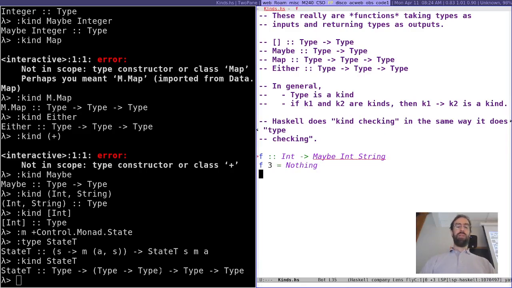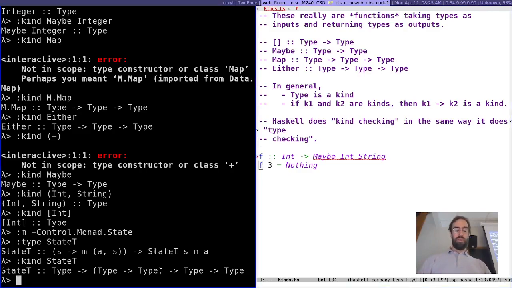There's not really anything wrong with the definition of f, but the type doesn't make sense because you can't apply maybe to 2 different types, right? It takes a single type. And if we try to load this and see what kind of error we get,